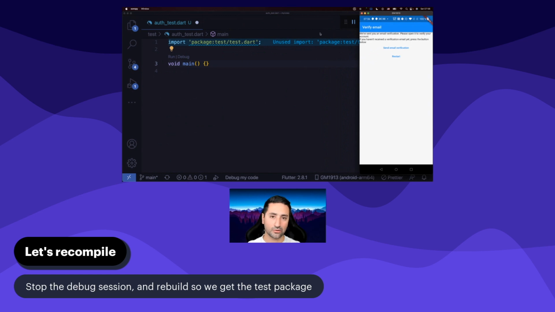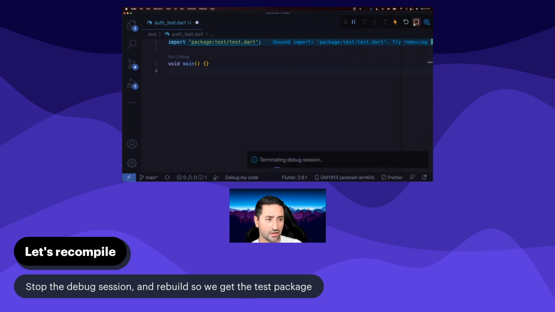So you cannot do hot reload and hot restart, because some of these dependencies actually need your application to be compiled from scratch and then be brought into your binary. Hot reload and hot restart aren't going to be able to bring those dependencies into your Flutter application. So what I need you to do is to stop the execution of your program, and then